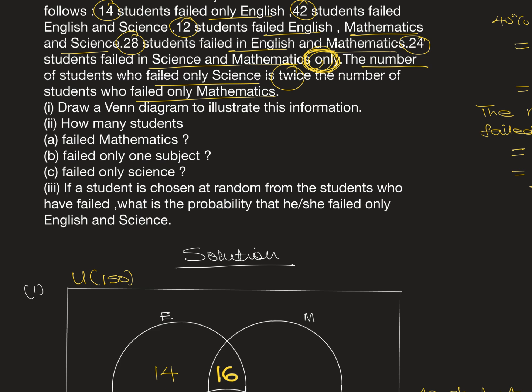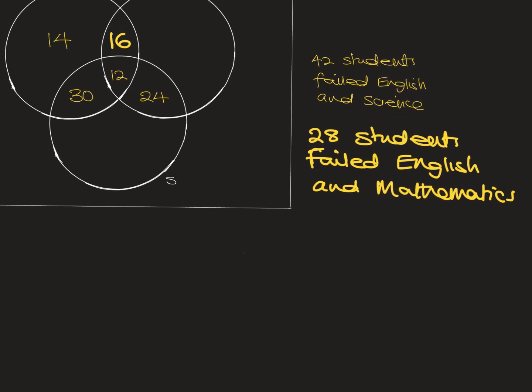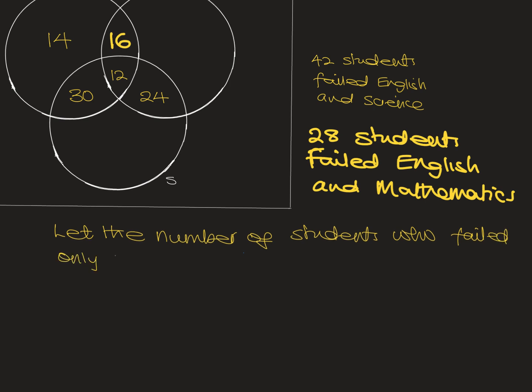So which means if you know the students who failed only mathematics, twice of that will be the number of students who failed only science. So what can we do? We can say, let the number of students who failed only mathematics